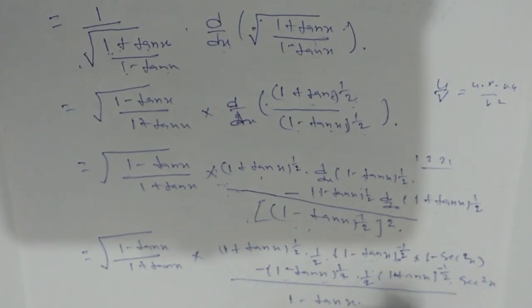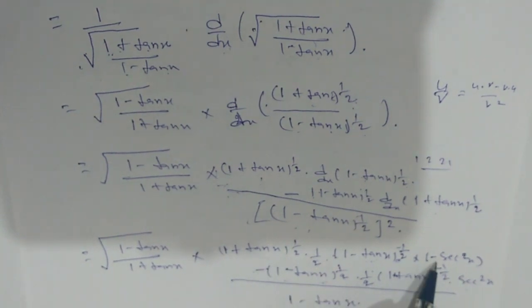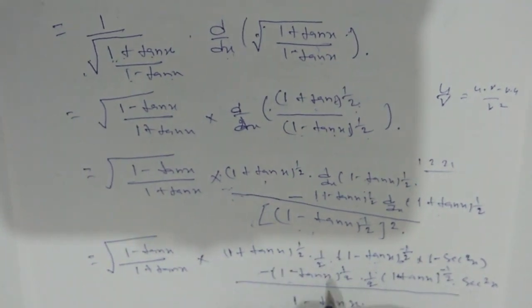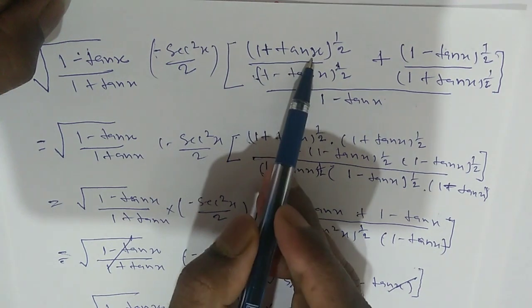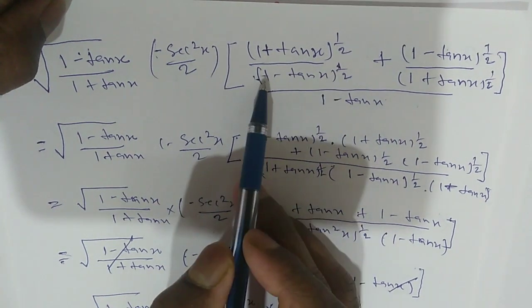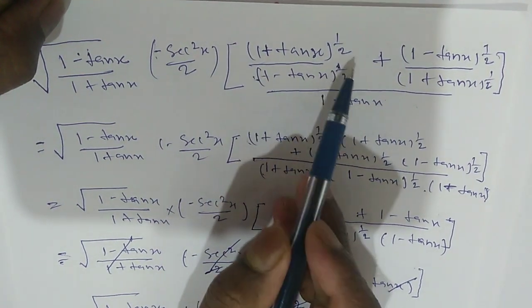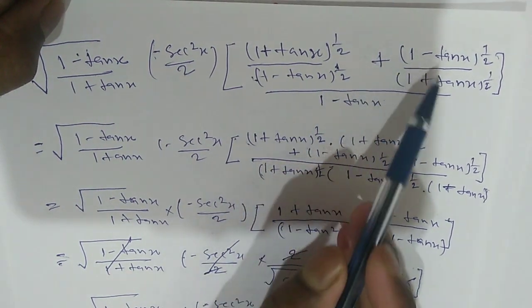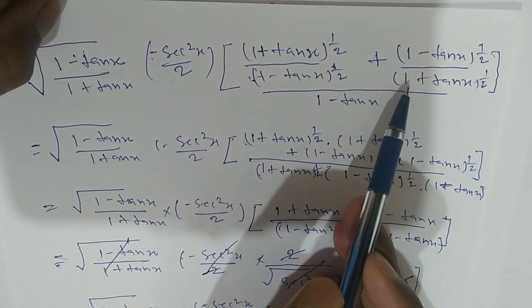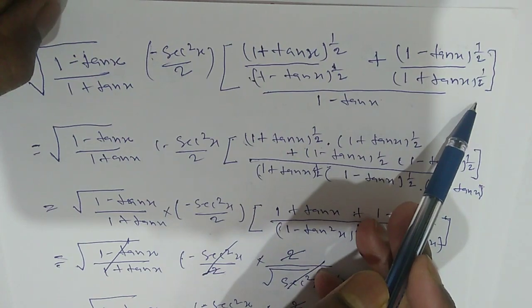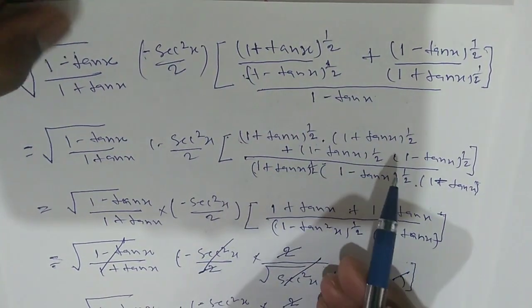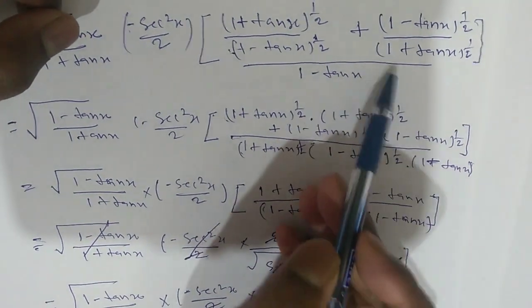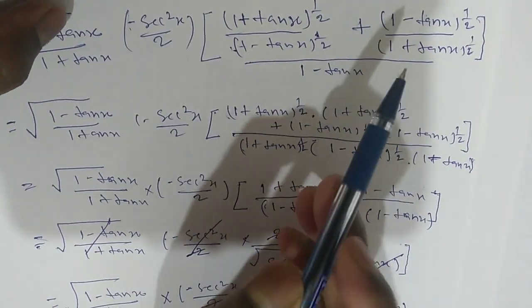Here is a minus sec square x, taking it outside, and right here like this, sec square x by 2 into (1 plus tan x)^(1/2) (1 minus tan x)^(1/2) plus (1 minus tan x)^(1/2) (1 plus tan x)^(1/2). 1 by 2 means root; I don't write it as a root, I write 1 by 2 as a power. So next is taking LCM in this, cross multiply,